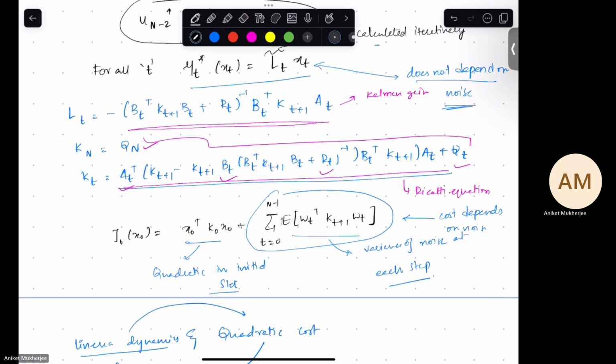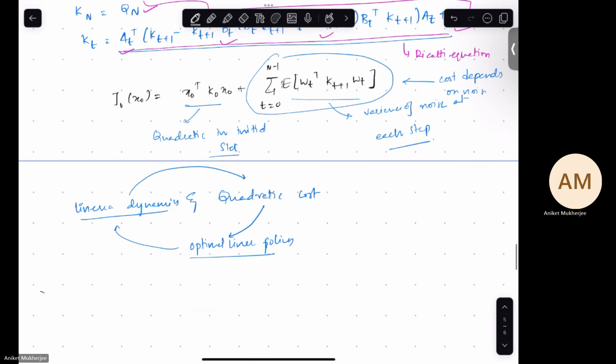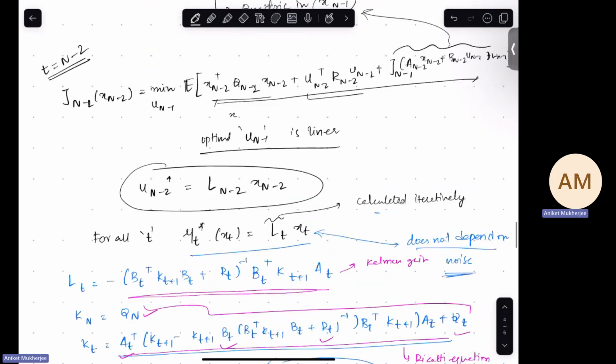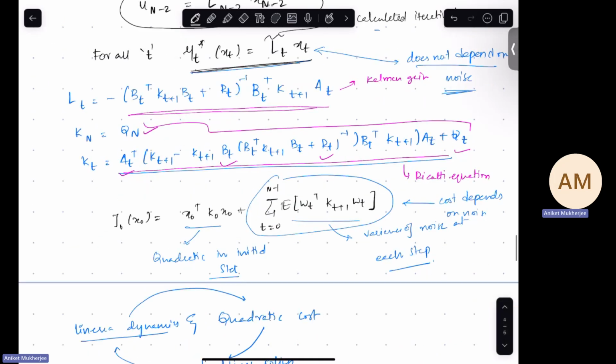Hence, if you make noise to be zero everywhere and then you solve the same problem, the optimal policy would remain the same. Just this term would go to zero. The cost that you incur goes to zero. Because of the noise, the cost that you incur is basically the variance that keeps on adding at each and every step because of the noise. So